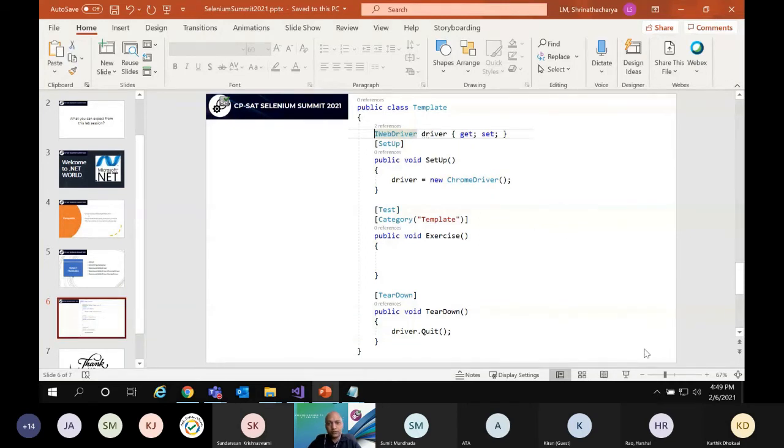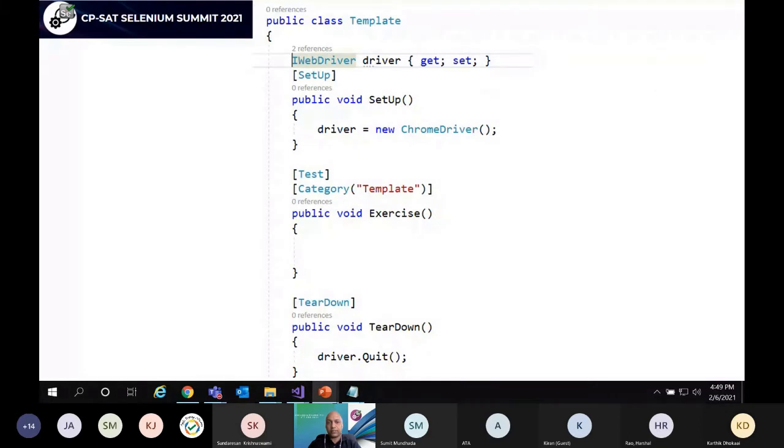I created a template, let me explain this template. Every test will have a setup, a test and a teardown, like if you are using Java with Selenium. I am going to do it in a similar way.